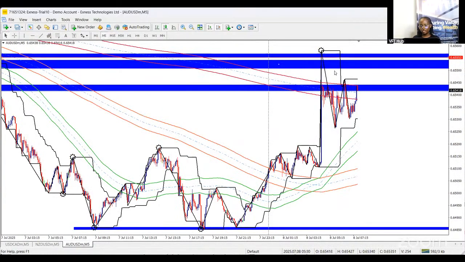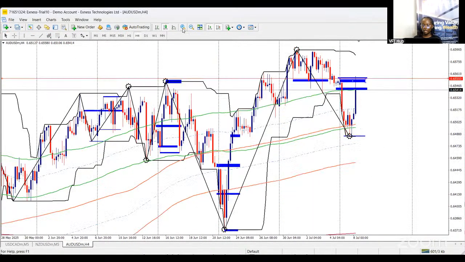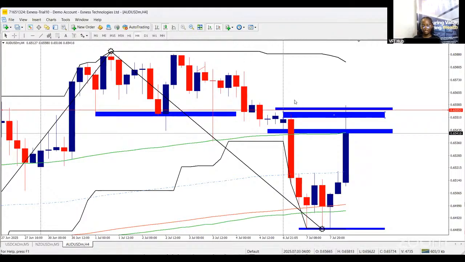But if price continues to buy, and what could have served as support or resistance levels keep getting broken to the upside, then it's going to give me insight to say, okay, maybe the buy is going to continue a bit further. If we zoom in a little and you look at even price movements, the candlesticks,